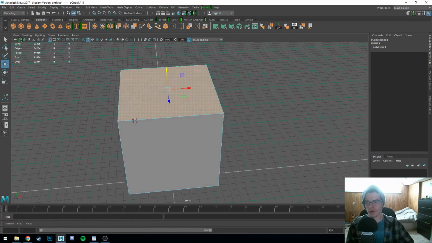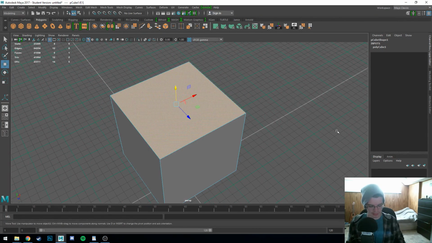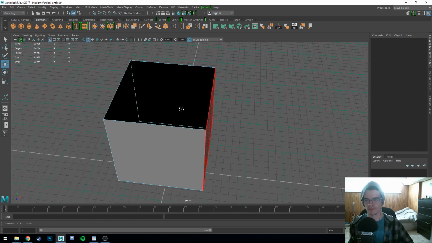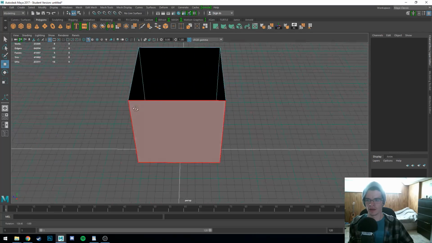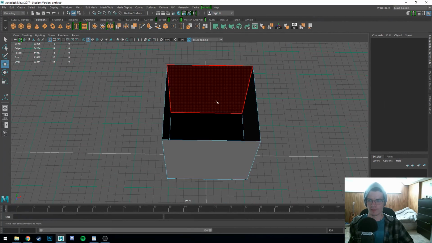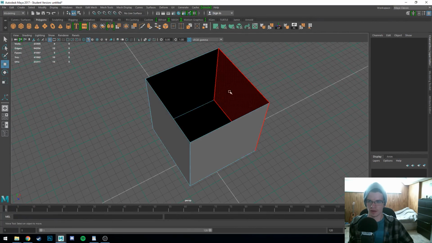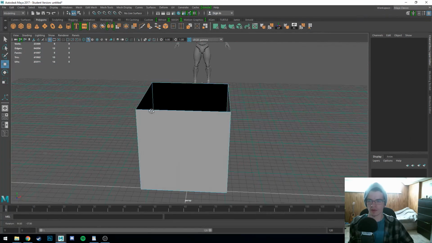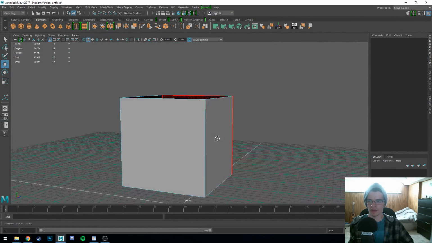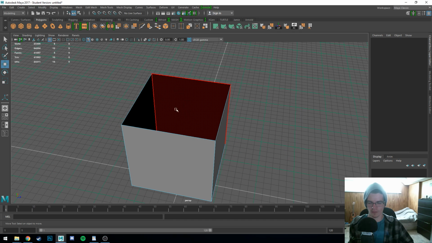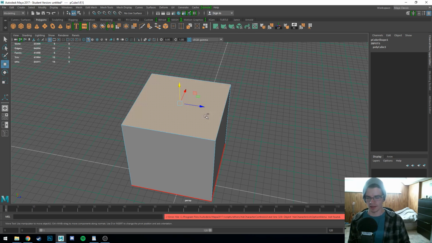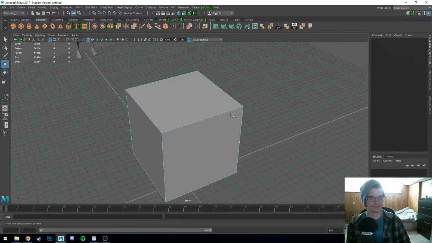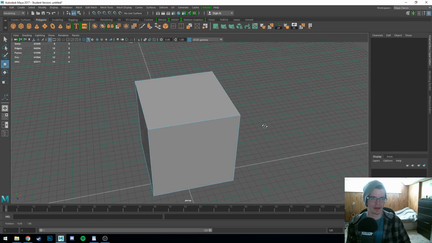So you can also delete polygons by pressing the delete key on your keyboard, and that will get rid of it. See, now it's an empty box. But these black parts, the black face parts, are not what you want to see. You always want to see the gray part, because this doesn't work, and I can explain that in another video. But so basically you want to do your Z, come back, you got your cube, and we're going to start